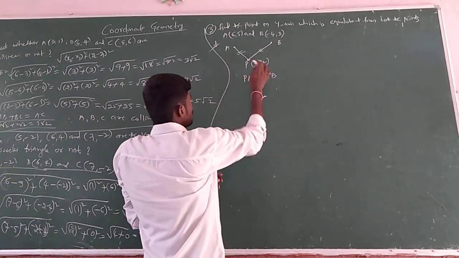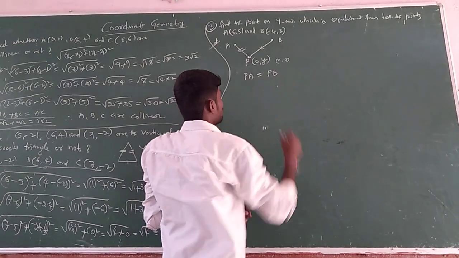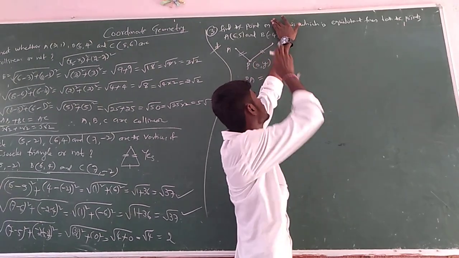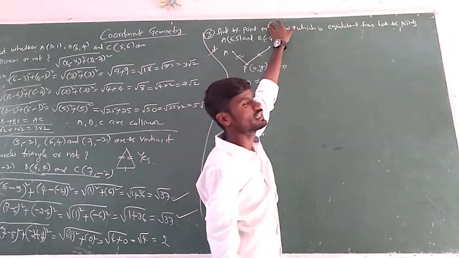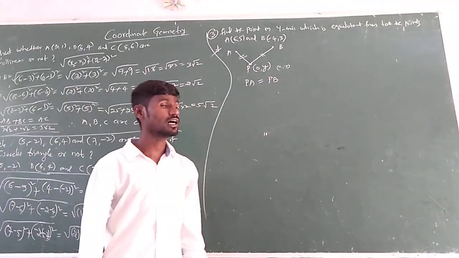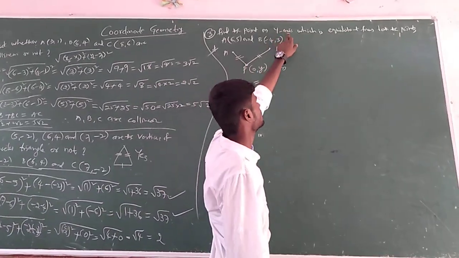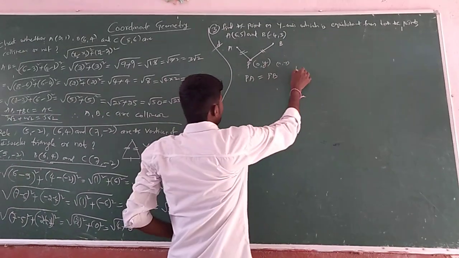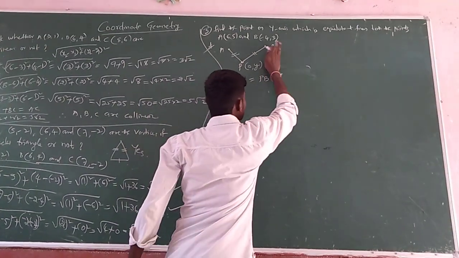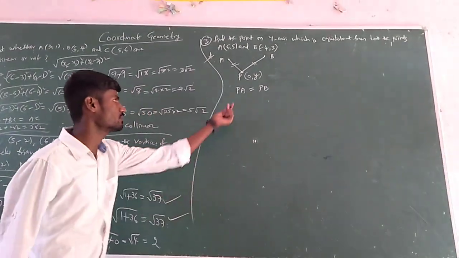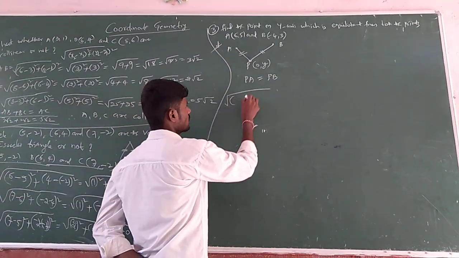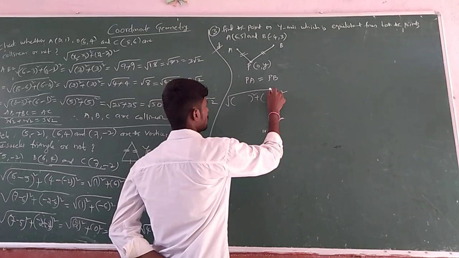In that case, instead of 0 comma y we have to take it as x comma y. But what they ask is, find the point which is equidistant from both the points. Then give the relation between x and y, like that they may ask. Means find the point x comma y, give the relation between x and y. Or find the point on the x-axis is mentioned. Suppose x-axis, then in that case you need to take the point as x comma 0, y coordinate is 0. So this is the way of asking in different forms. That's it. So let us calculate here. PA equal to PB based upon the distance formula. What is the distance formula? Square root of x2 minus x1 whole square plus y2 minus y1 whole square.